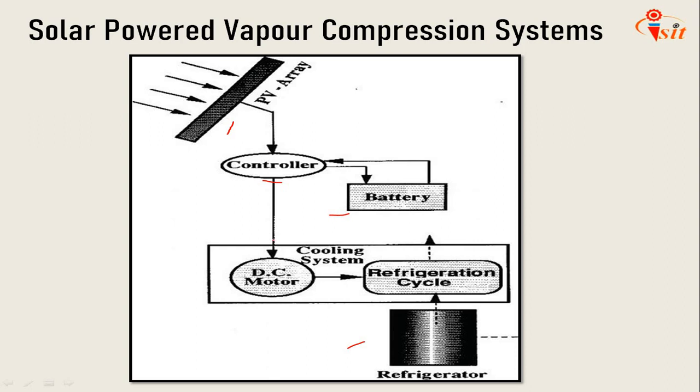The main advantage of this system compared to other air conditioners is that it does not require an outside fuel supply. In order to run the system at highest efficiency, the voltage should be close to the voltage produced at the maximum possible power. So that is the requirement here to run at highest efficiency.